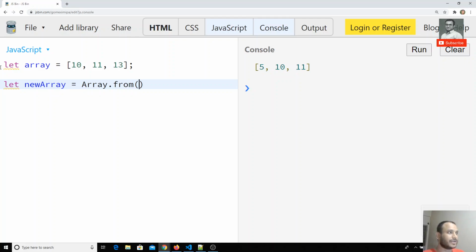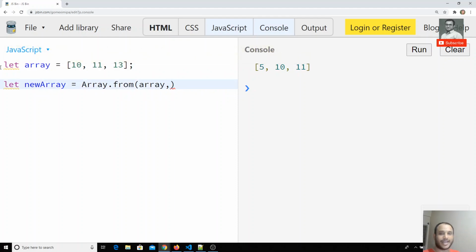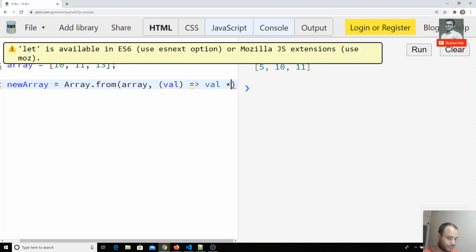In Array.from, we can give this array directly, and optionally we can also pass a function. I am using the arrow function syntax: I take val and return val into 2.